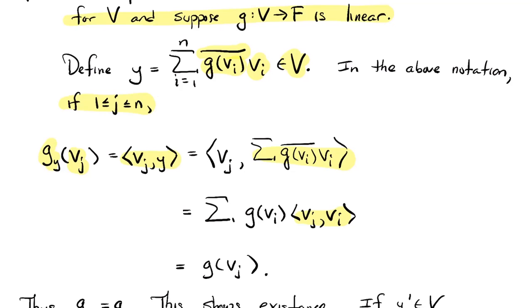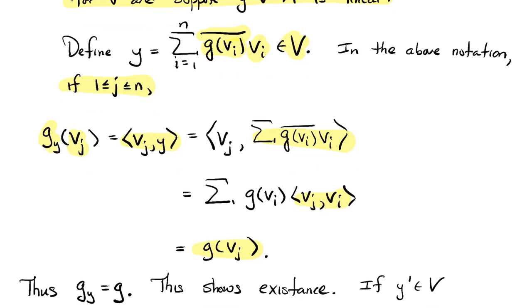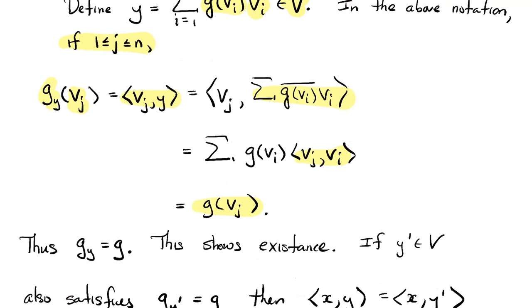So we just end up getting G of Vj. And since G sub Y and G are linear, if they agree on a basis, they're equal. Okay, so there's the existence part. There exists a y such that G is inner product, and we gave an explicit definition for what that y